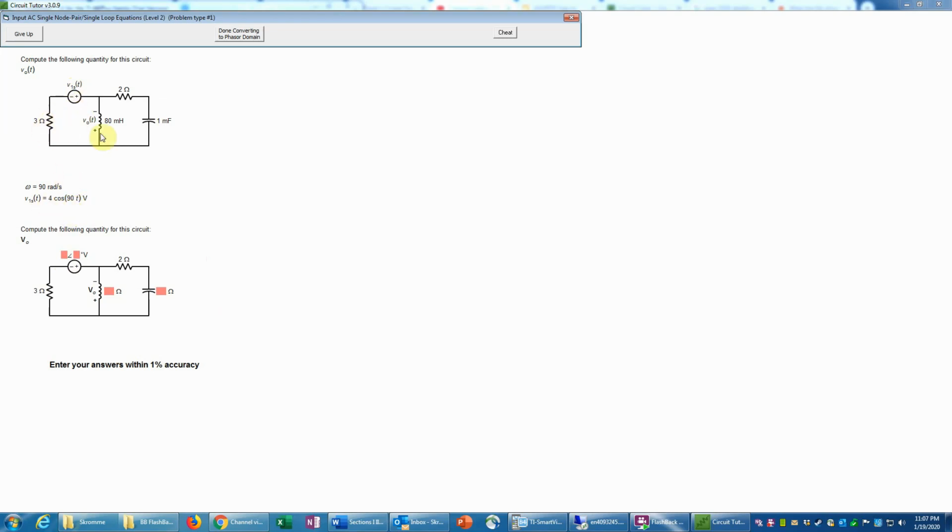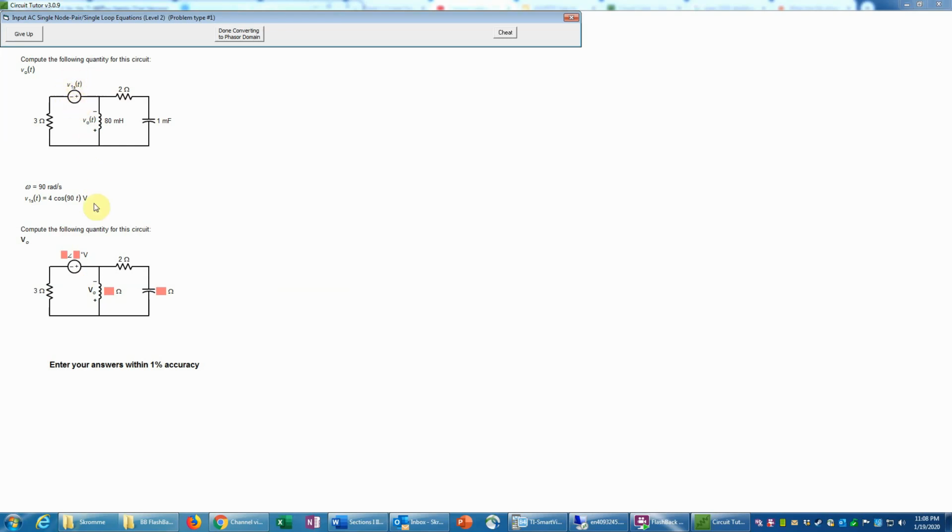And also the reactive element values are given directly in henries and farads, which are not impedances, and therefore this is the time domain. So what we want to do is to convert those into impedances down here. This process is very similar to what we did in the impedance simplification game, except that we now also have to do a phasor transform on the voltage source,